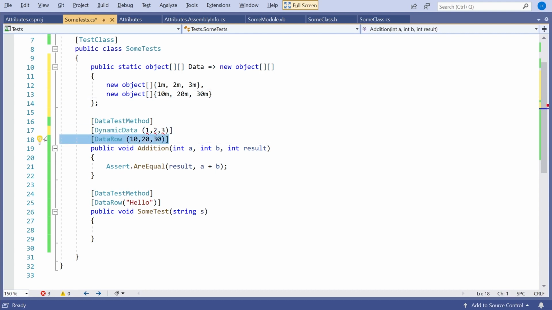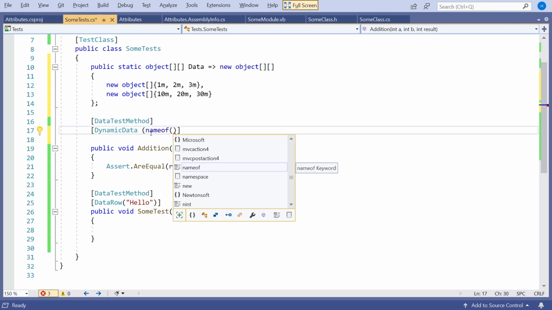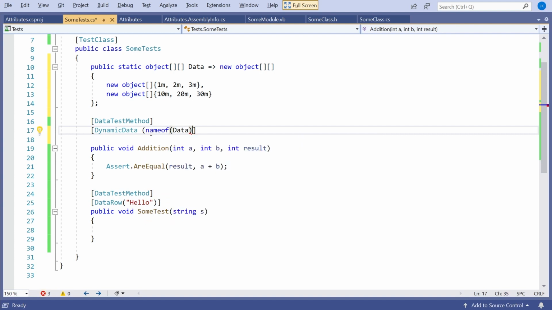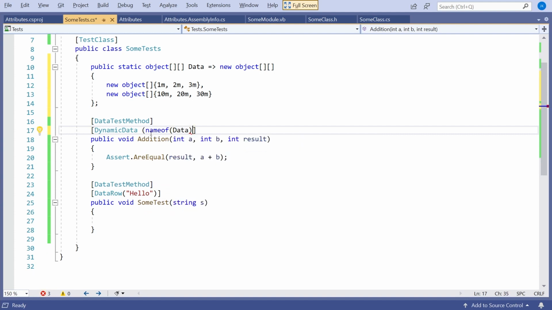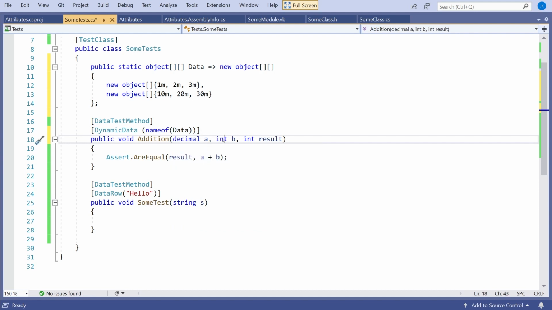And then here on this dynamic data, we just reference the name of that data. We could have written it as a string, but it's always safer to use nameof. And so now you can see we are allowed to have our decimals, because the only problem was we couldn't have decimals directly in the attribute because it wasn't allowed in the metadata. But now the only thing in the metadata is the name of data.